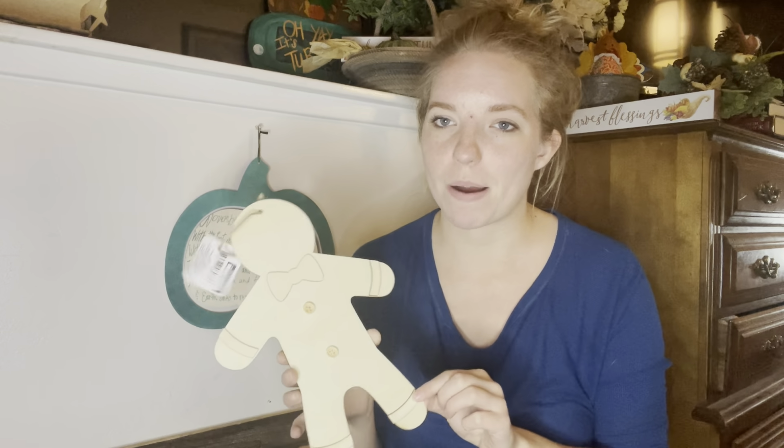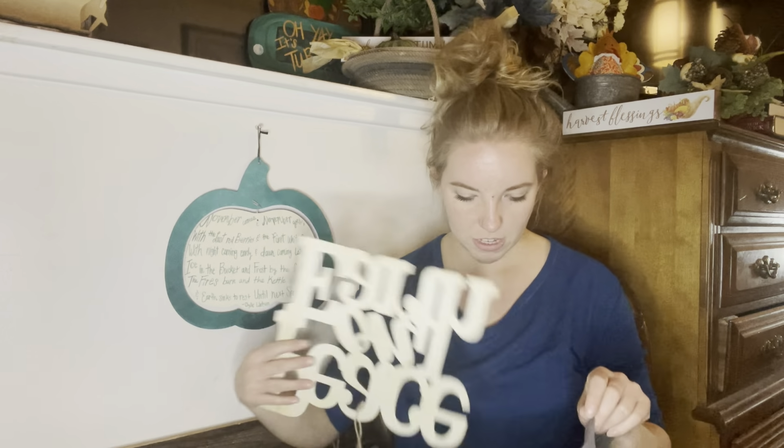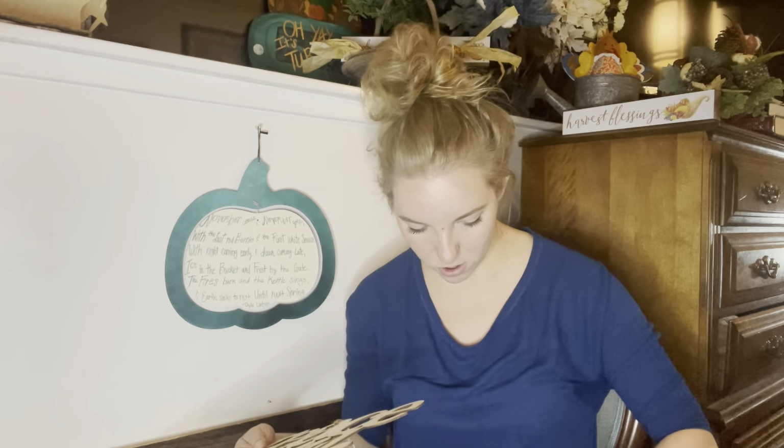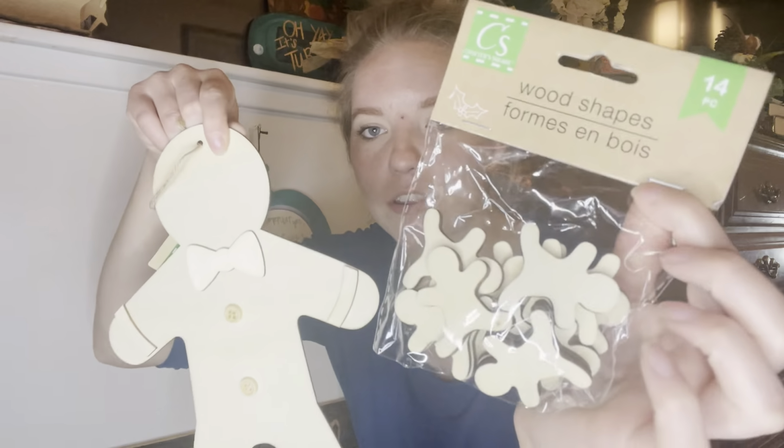He's super cute, but he's not by himself. So I'm gonna talk to you guys through some of my wreath ideas as well. And I'm just gonna pull all of these out little by little, and eventually we'll find everything that we are looking for. Before we get to this one, to go with this gingerbread man, I grabbed all these little gingerbread